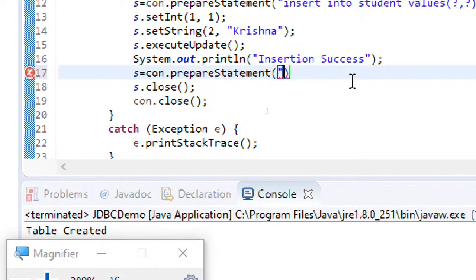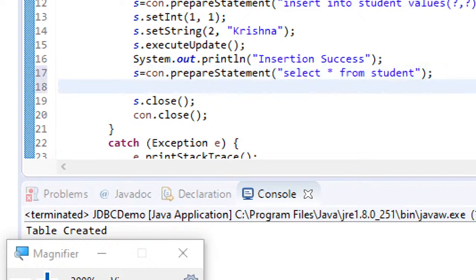and here I am going to write select star from student, which is my table name. For getting these results, you will be using the result set object, which I said to you as part of step 4. So ResultSet rs equal to s dot,